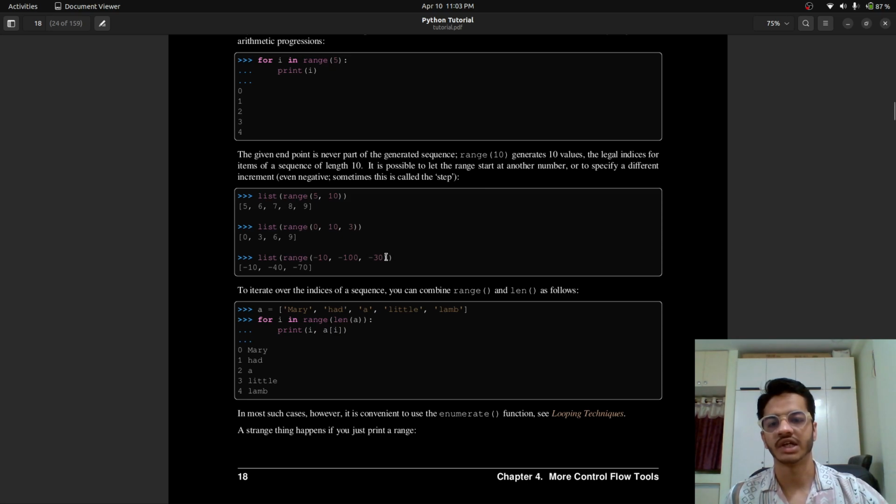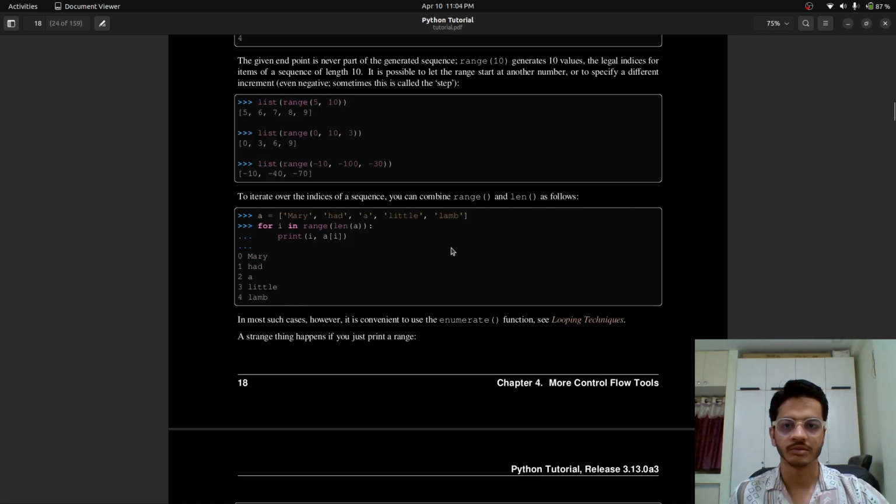We can also have negative values, and negative values, as you know, they just add up. Two negative values just add up and have the negative sign in front of them. So this is how it works, just as in this example. A little bit tricky: if you want to iterate over indices of a sequence, you can combine range and length, which would be as follows. So this is a really clever way to do iteration over something